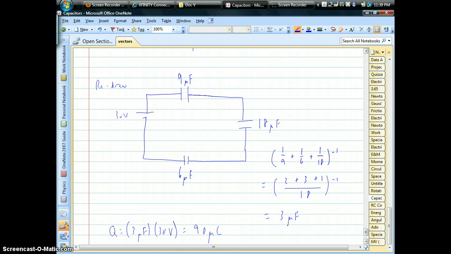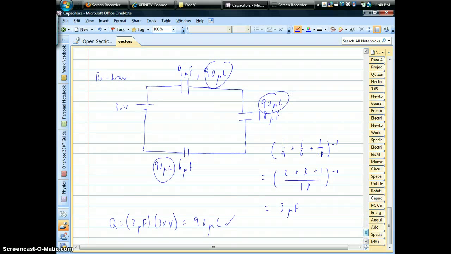Well, they're in series, and so our rule is, through induction and polarization and all this good stuff, each of these capacitors will end up with this total charge on them in series, and that's when you have an equilibrium condition. So that means down here we're going to have 90 microcoulombs, up here 90 microcoulombs, and over here 90 microcoulombs. Okay, now that's convenient because now we can go ahead and figure out